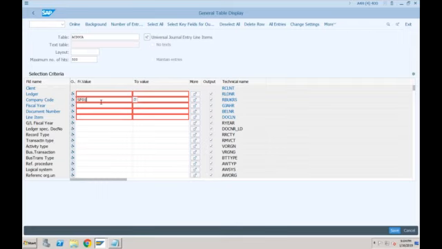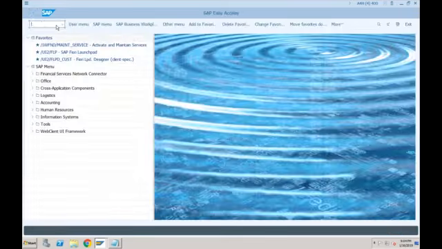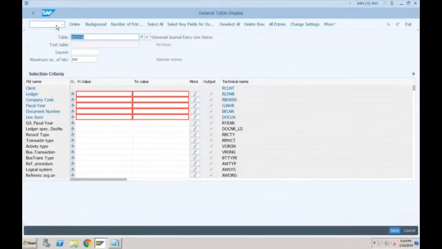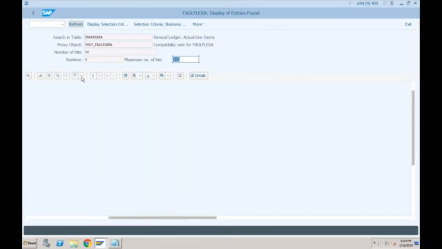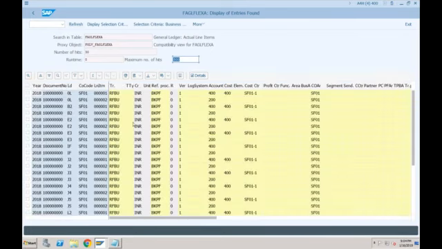So in SE16N, FAGLFLEXA. If I go for company code SF01 and go online, I'll still be able to see the data. So data is still available in SF01 also.